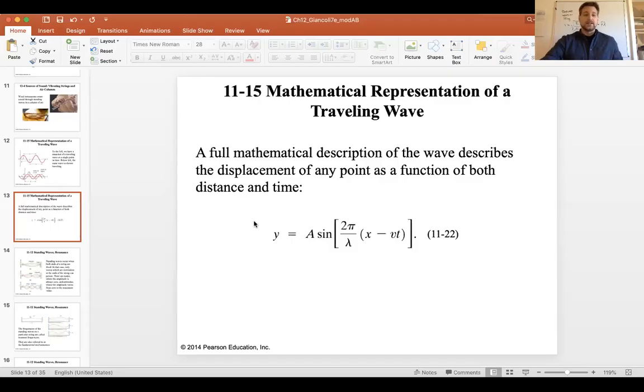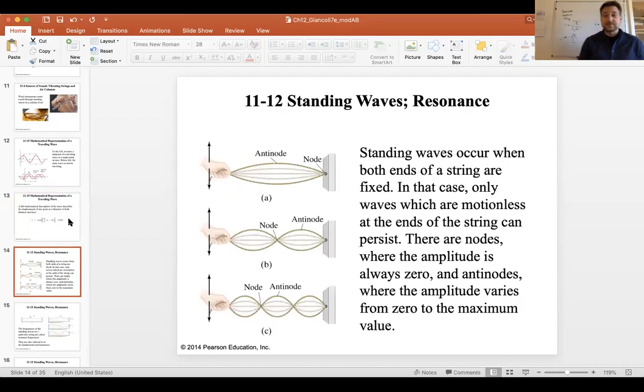Okay, and we're back. We've got this mathematical description of the traveling wave, and we explored that just a second ago on the whiteboard. But the picture of standing waves requires, if both ends are fixed, that at each end there is a node. The largest possible oscillation that fits between the two ends, we can call that the fundamental, the longest possible wavelength that can exist between one end of the string where we're holding it and the other where it's attached